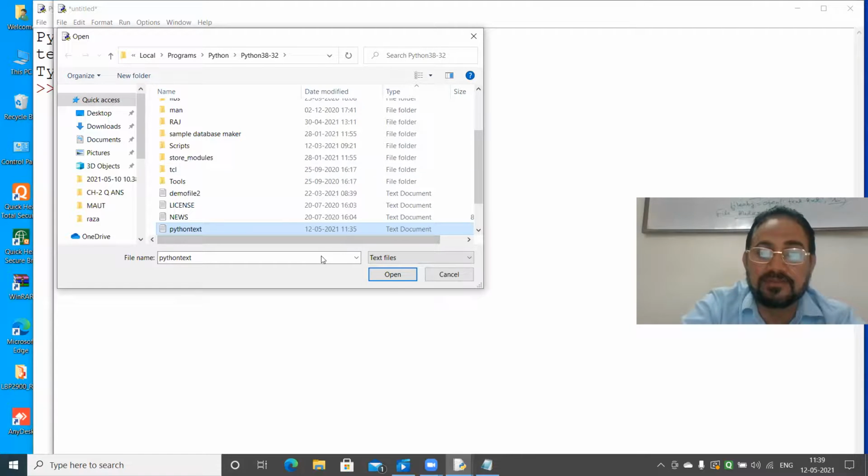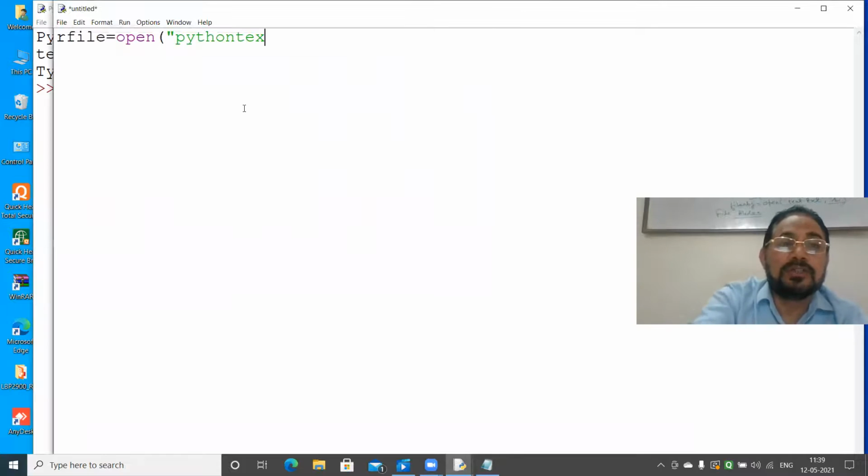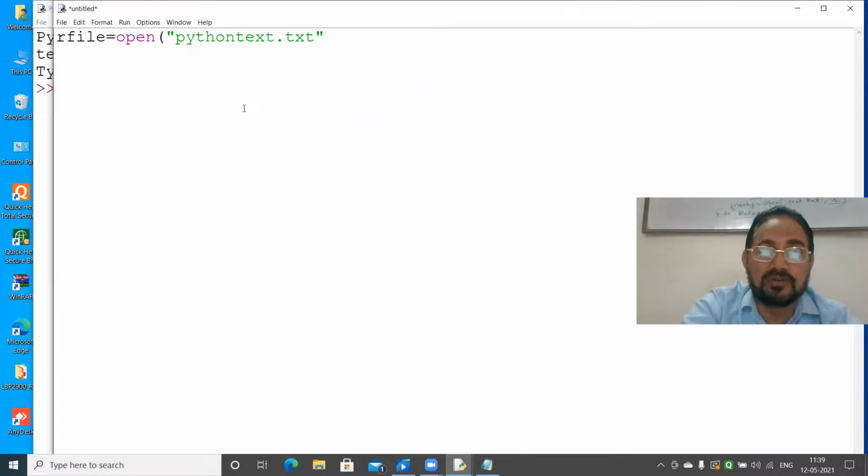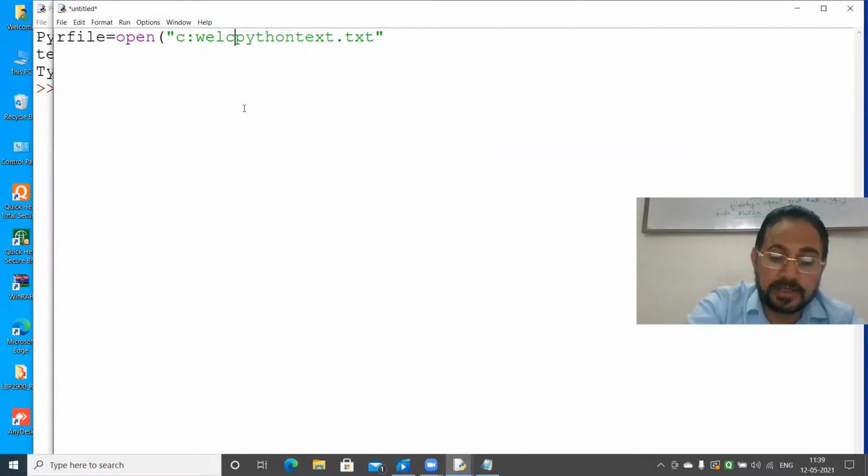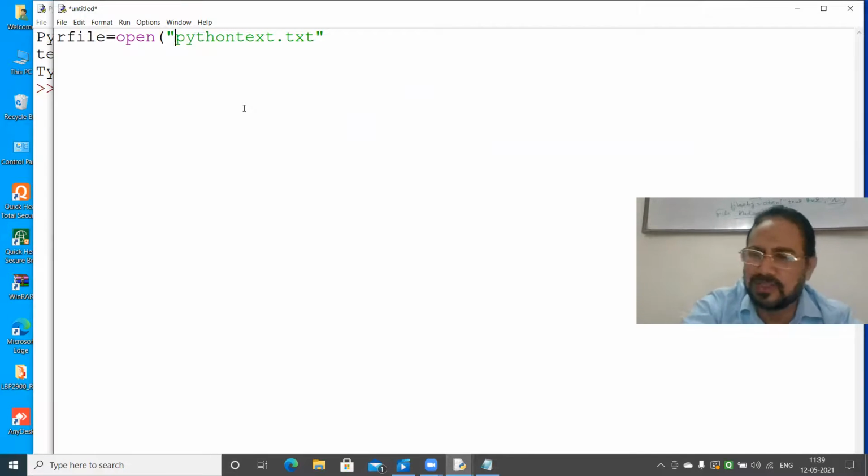So the Python txt file name is there, Python text.txt. So I will use here the name Python text.txt. Otherwise, I have to give the complete name. You know that, C colon, slash, users, app data or whatever the location is, I don't know. And then I have to write here read. So once it is in the current folder of Python, no need of giving any detailed path name.